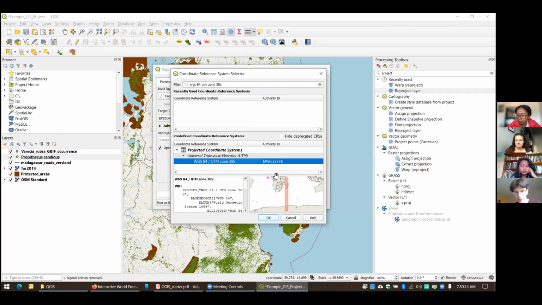So you can see right now, it gives me a little drawing of the world, and this little rectangle shows me where this projection system is going to be the most useful. And you can see that in general, that covers a large part of Madagascar.